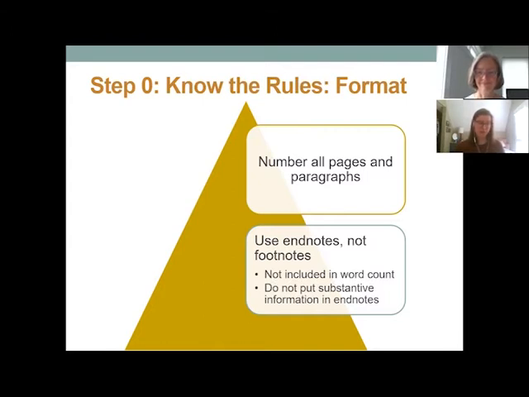Finally, use endnotes rather than footnotes. And as Amy just said, the endnotes are not part of the word count, but you should not include any substantive information in the endnotes because, as we said, these diplomats are pretty busy and they're not going to be looking in your endnotes most likely for substantive information. And that same goes for the OHCHR staff who are busy compiling all of these stakeholder reports. They basically said they won't read your endnotes. So you should have them to prove that there are sources for all of your claims, but don't rely on them to be reading them for their substance.